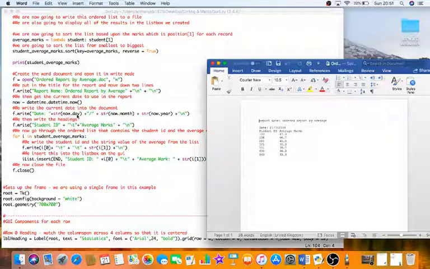We've put in the date, okay? I remember we used only the day, the month, and the year. There's the day, the month, and the year, just missing that slash in between. We then wrote the student ID and the average marks heading, yeah? And then as we go through the loop, we simply write in the first element of the loop,